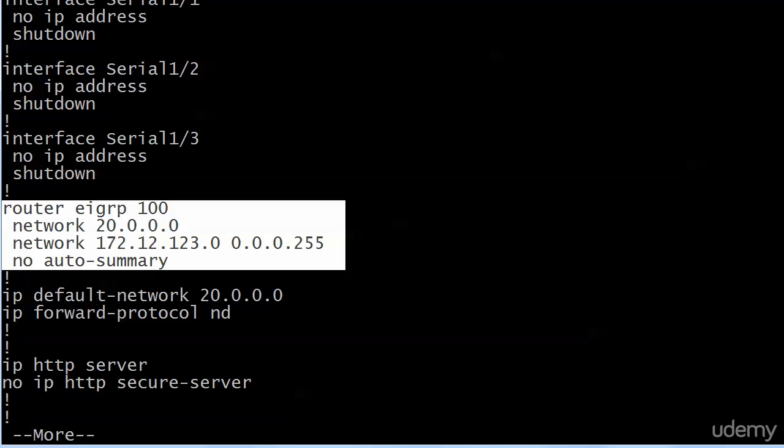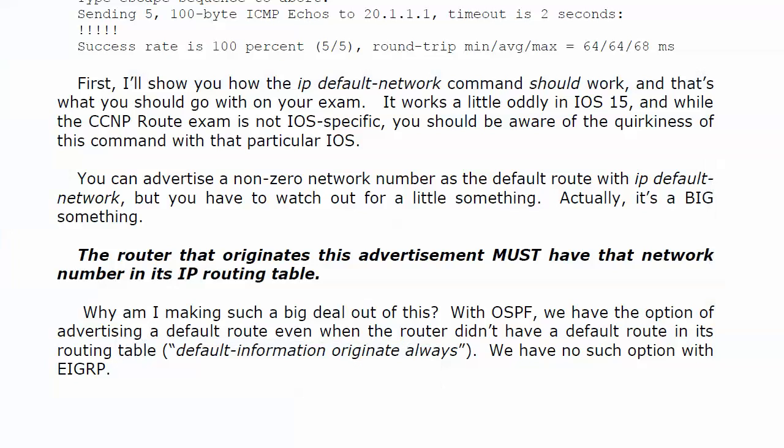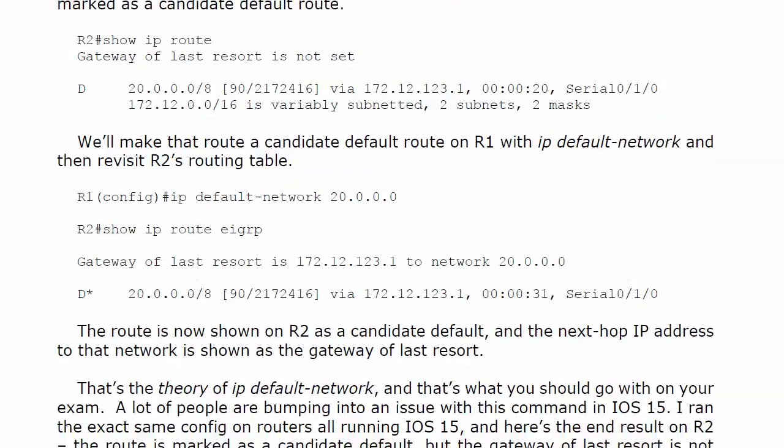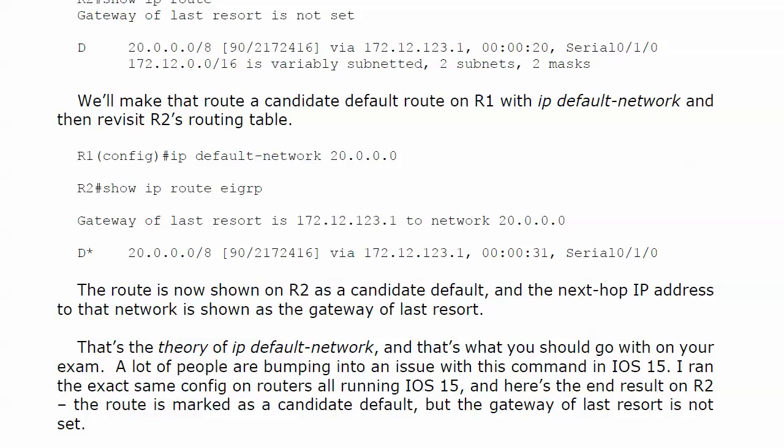Now I'm going to show you something, a bit of an IOS quirk that's really annoying. And this is off the record, if you will, and I am speaking directly into a microphone when I'm saying that, so it loses a little bit of its effect. What I mean to say is this is not going to be an exam topic, but you need to know about it. And I bumped into it when I was just running this command on a bunch of brand new routers with IOS 15. And of course, the theory of default network, IP default-network,